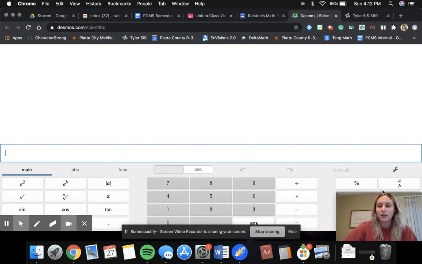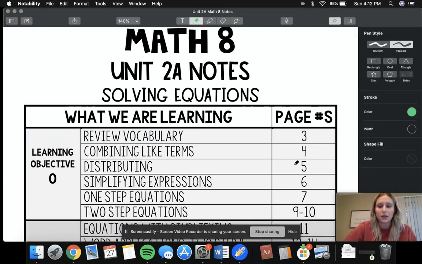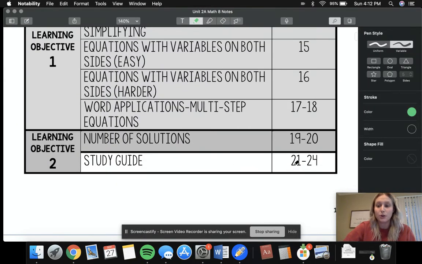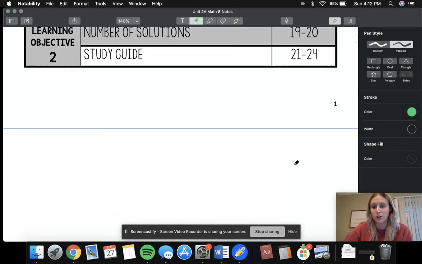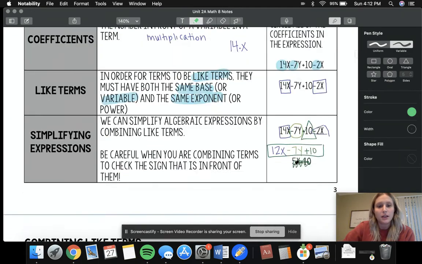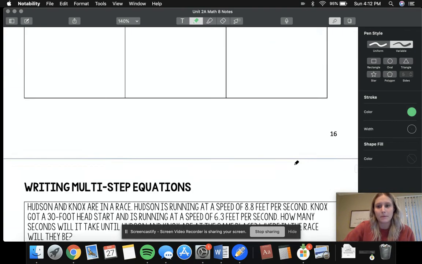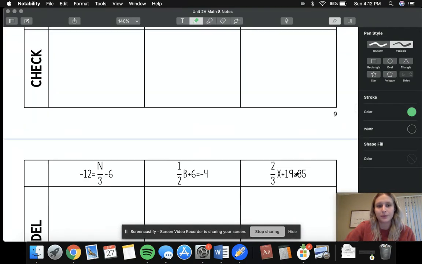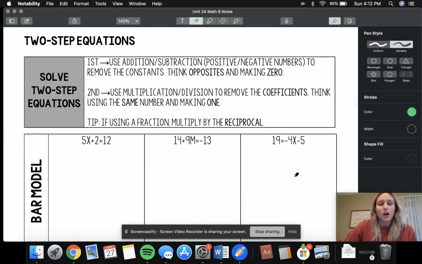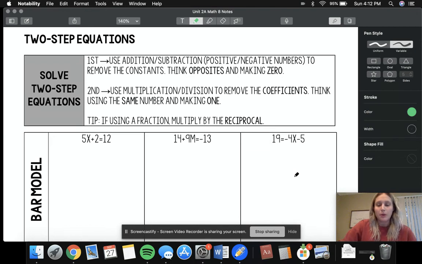So today we are going to talk about two-step equations. We are on pages 9 and 10 in your notes, and that should be in your binder. So you should go ahead and grab those. And let's go to... went too far. Okay. All right, so with these two-step equations, the first thing, if we were to do this